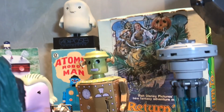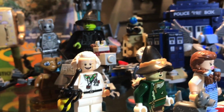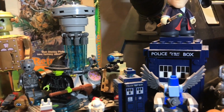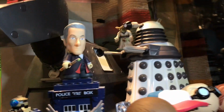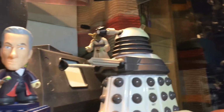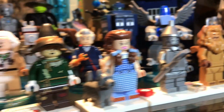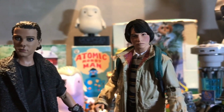Return to Oz stuff there, old card boxes, and Lego. Quite a bit of this is Doctor Who, quite a bit of it is Wizard of Oz and other such things, K9, and yeah. Now, moving down here we have Stranger Things and Back to the Future. Speaking of Stranger Things, we'll come to these 2 figures. There's Eleven and Mike and...